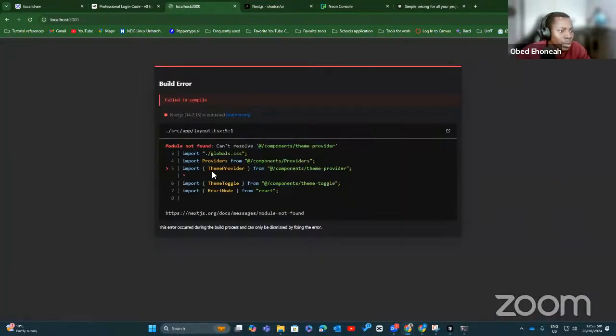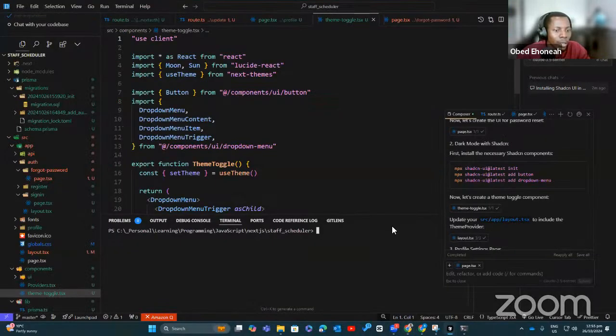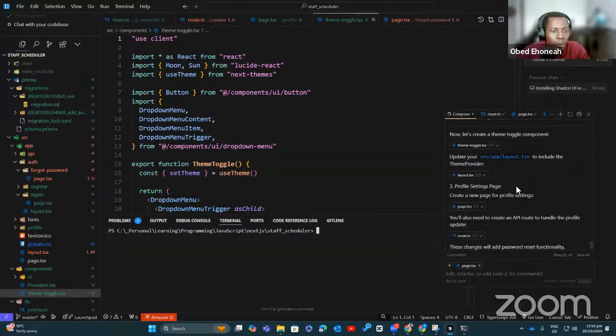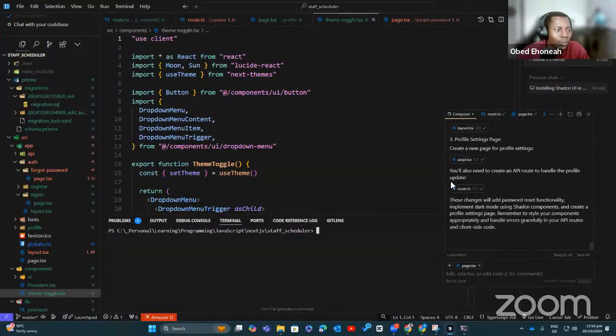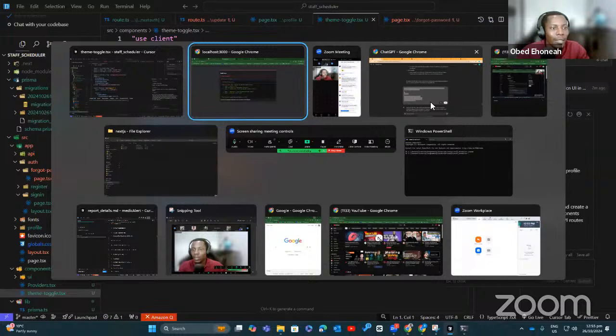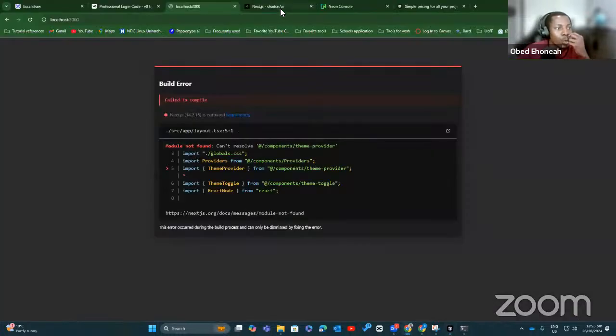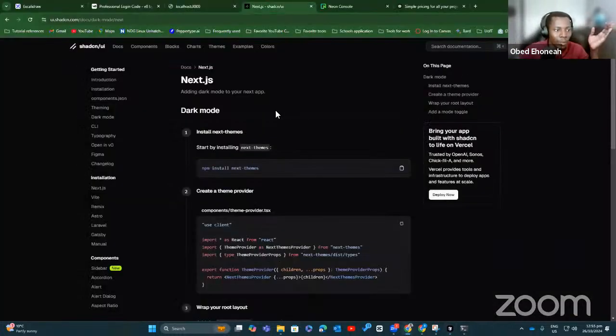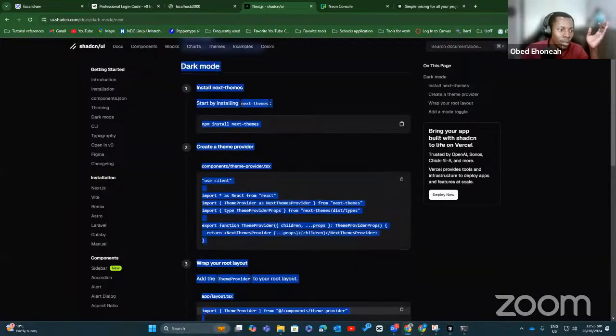What is ThemeProvider? There's no component like that. The other thing that you can do is you go to this particular place and copy the doc.